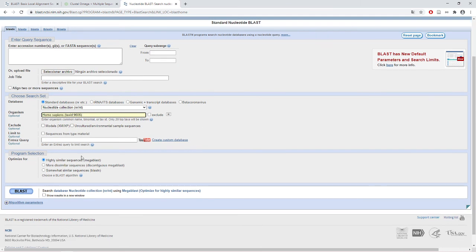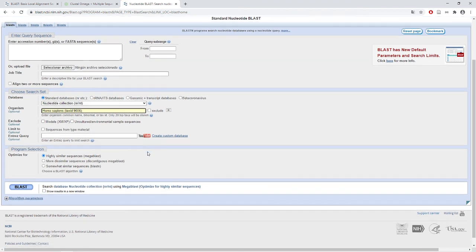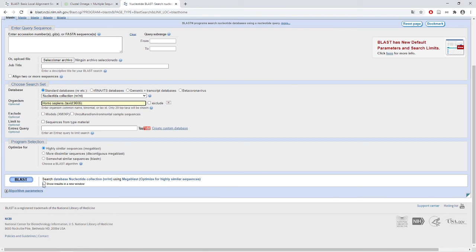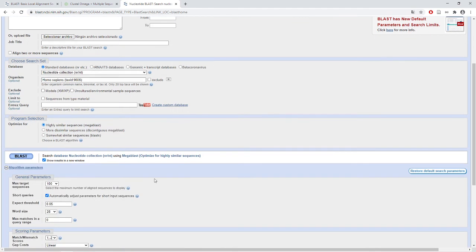Here we can choose MegaBLAST or another type of BLAST, but I would choose MegaBLAST because I remind you that if we have quite similar sequences, MegaBLAST will work well and it will be faster than BLAST itself, so it's fine for us. I will mark to show the results in a new window, and for the algorithm parameters I won't touch anything,